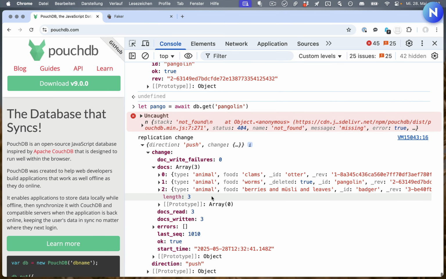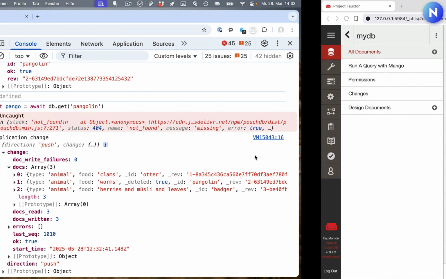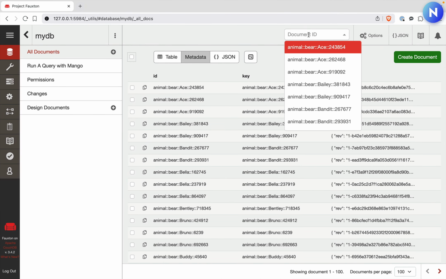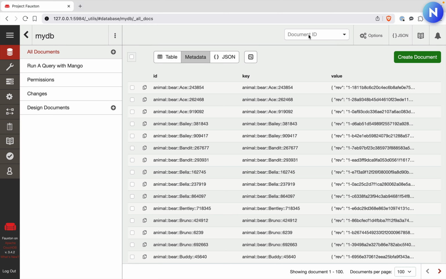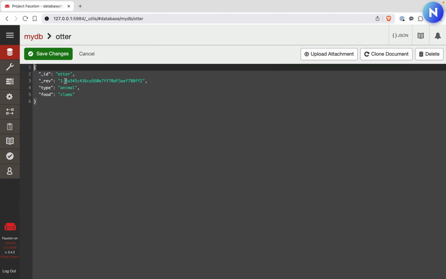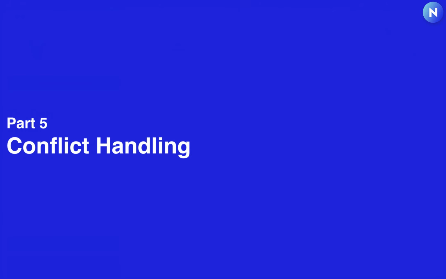And of course, the things we've pushed are our new otter, our deleted pangolin, and our updated badger. We can also check that these are consistent, so we can go over here, see if the otter exists. There's our otter. Fantastic.